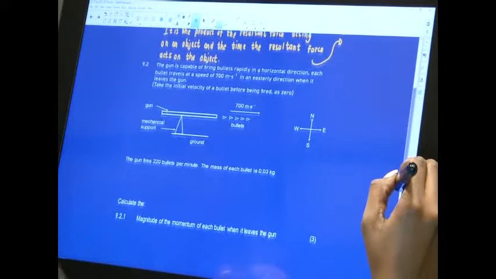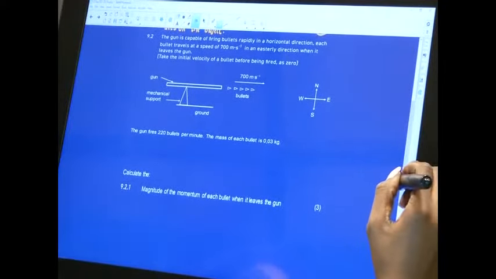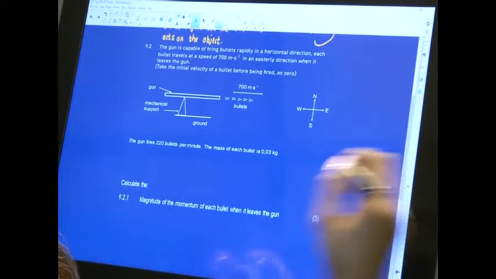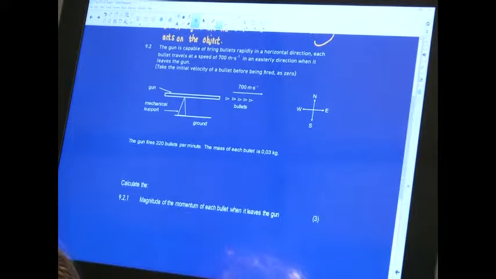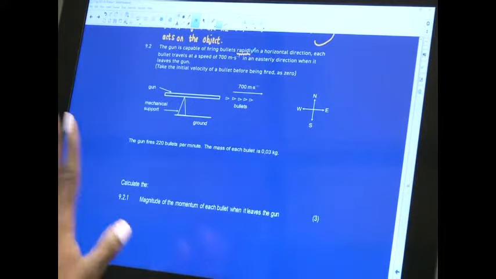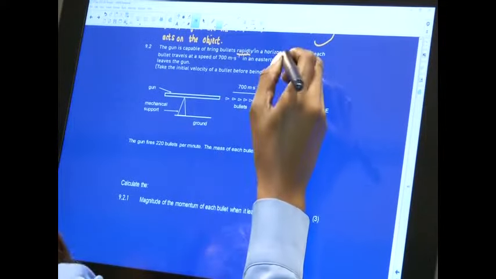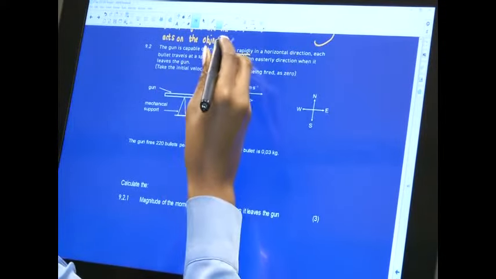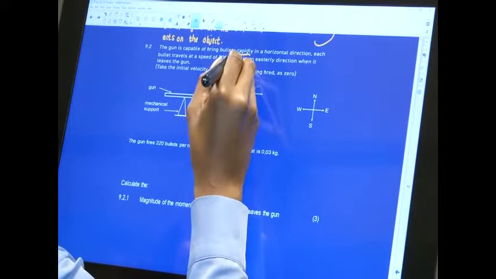Let's look at the next statement. Here we are told that the gun is capable of firing bullets rapidly. If something is rapid, it means that you don't have to shoot and then load your gun again and then shoot and then load your gun again. So you can go do, do, do, do. That's rapidly. So it's one after each other, right? Meaning that the time interval between them will be exactly the same because you don't have to reload your gun the entire time. So rapidly in a horizontal direction, each bullet travels at a speed of 700 meters per second